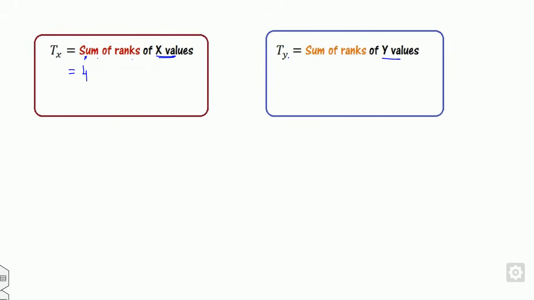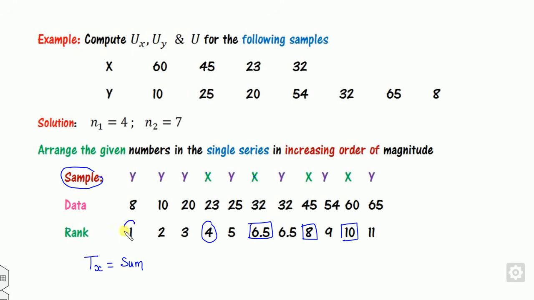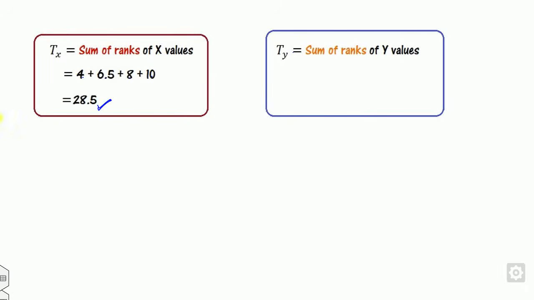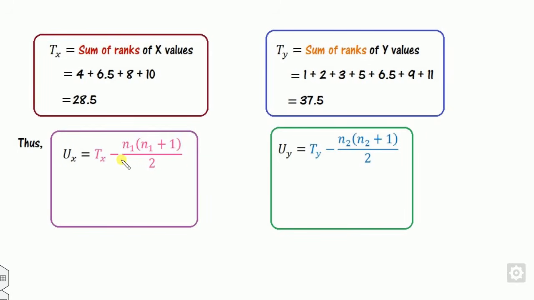Similarly, you can find Ty. How you find Ty is the rank of the y elements. Look at that. This is the y, this is the y, this is the y, this y, and this y. So you can find 1 plus 2 plus 3 plus 5 plus 6.5 and so on. You will get 37.5. Once you have found Tx and Ty, then you find Ux and Uy